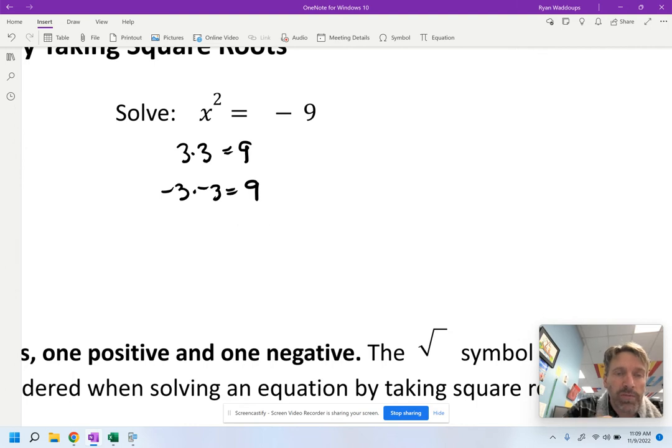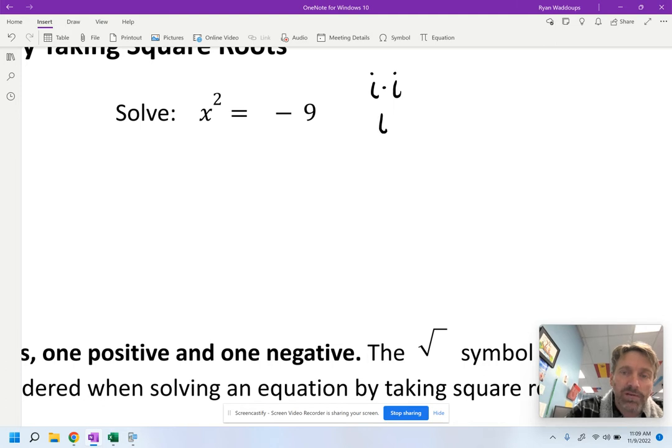And so there's no real number that when I multiply it by itself, I get -9. So we solve that by remembering that i times i, or i squared, is equal to -1. And so I can say, in this case, that x equals 3i,